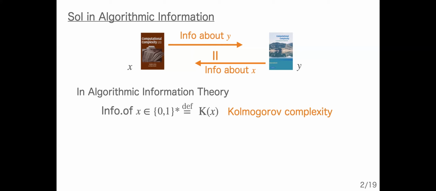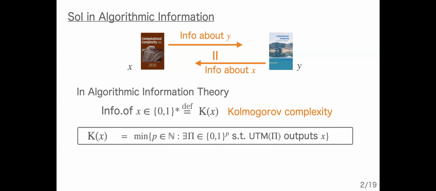In this work, we focus on algorithmic information theory, where we measure the amount of information of an individual string X by its Kolmogorov complexity. Just in case, the Kolmogorov complexity of X is defined as the minimum input size to a fixed universal Turing machine that outputs X. If you are not familiar with this notion, you may think of this as the minimum description size of a program